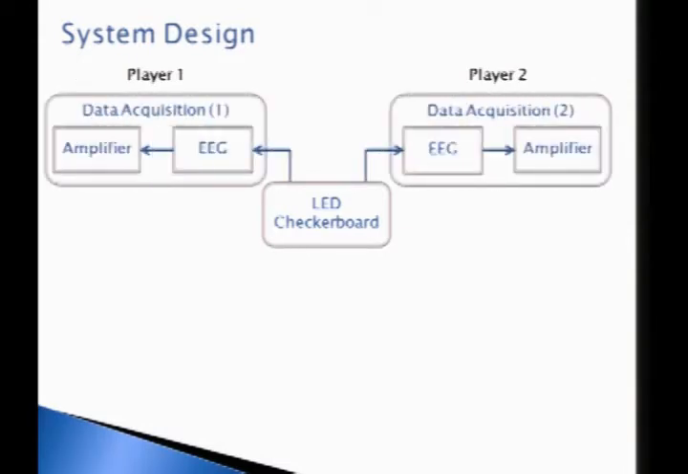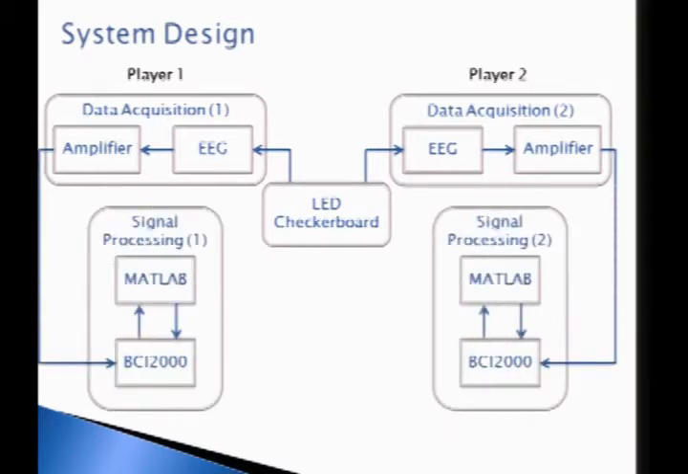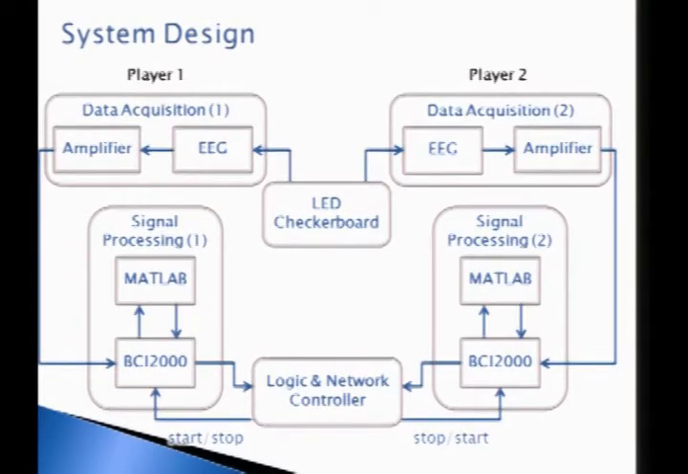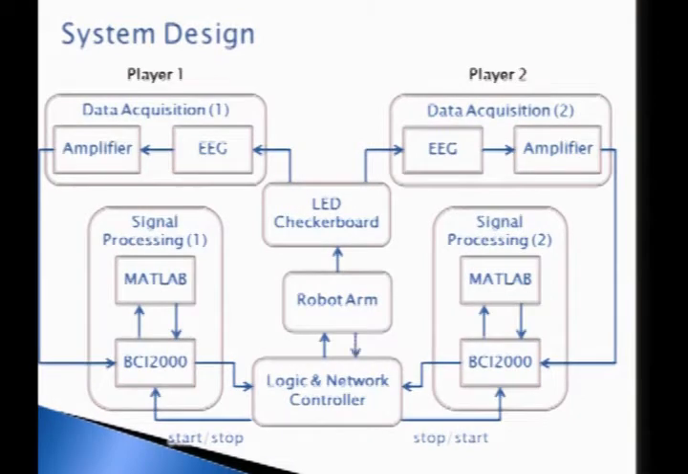And once that stimulus is generated, those signals are acquired by the EEG and sent to an amplifier, and then we ship that off to the signal processing modules, which apply the thresholding that I mentioned earlier, and that sends it to the logic and network controller, which controls the logic of the checkers game, controls the robot arm as well, which moves the pieces on the LED checkerboard, and it also coordinates whose turn it is and basically all the logic that's involved